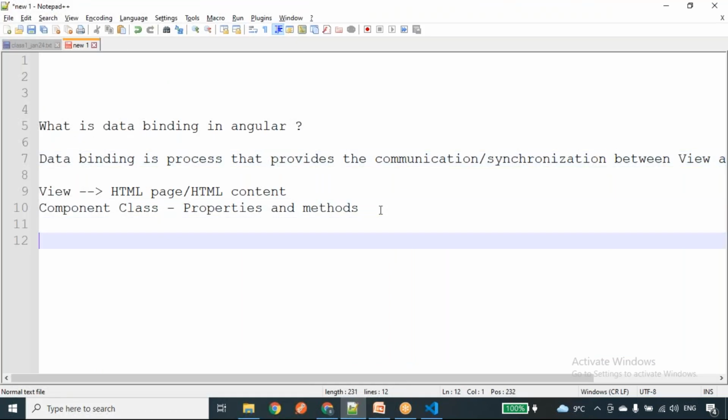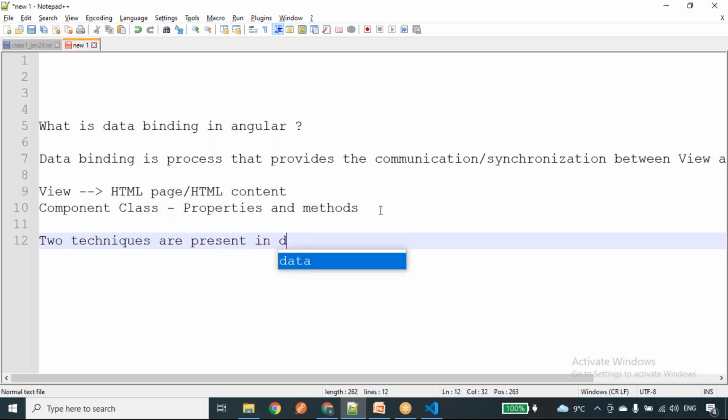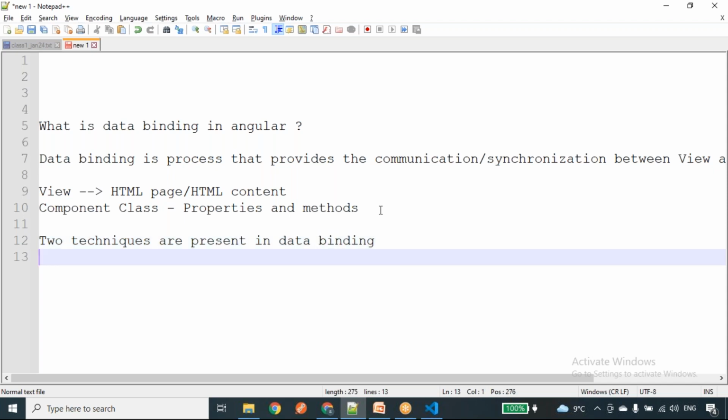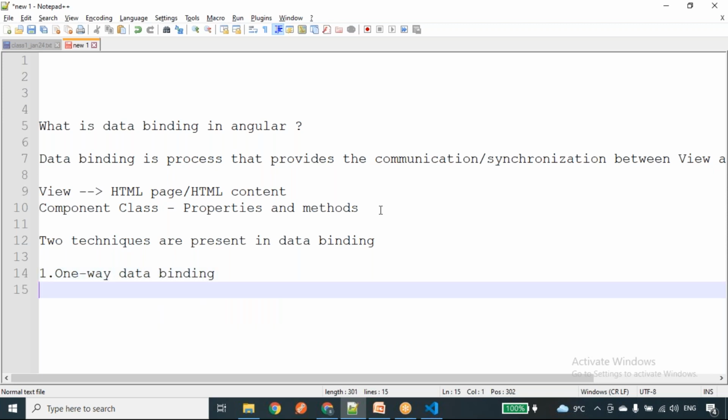In data binding, we have two techniques. Two techniques are present in data binding. The first one is one-way data binding, and the second one is two-way data binding.